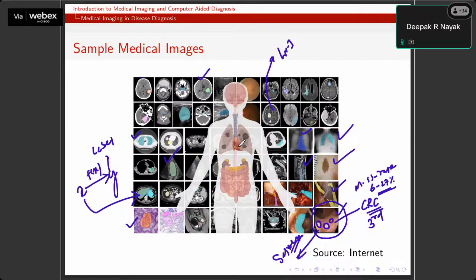So two different kinds of problems we just discussed: one is classification and one is segmentation. We'll also see what the difference between classification and segmentation is, and whether we can use the same type of algorithms used for classification to solve the segmentation problem or not.